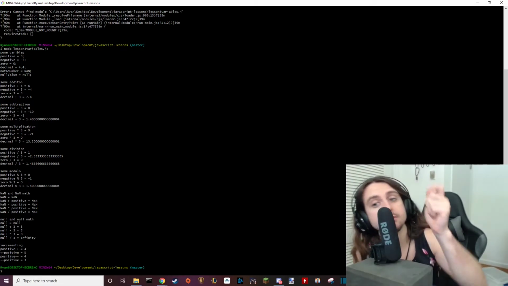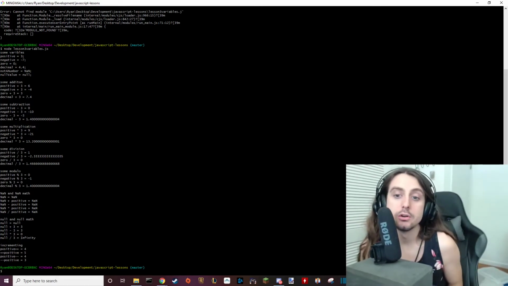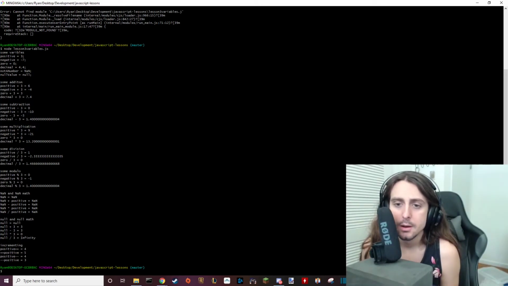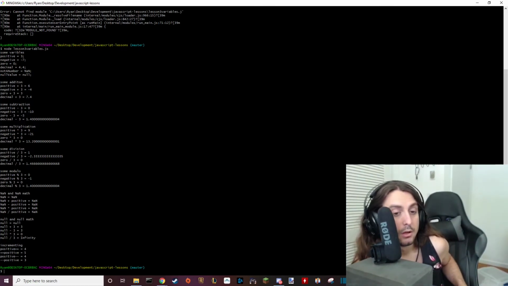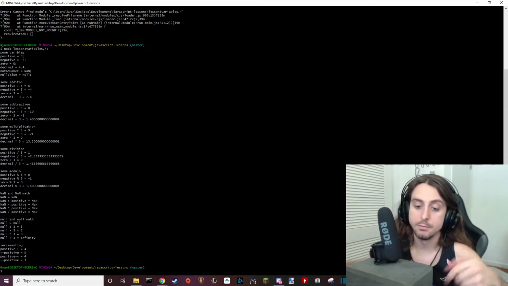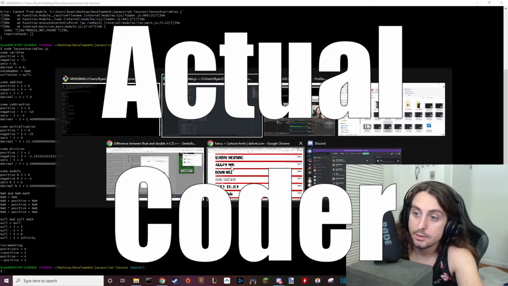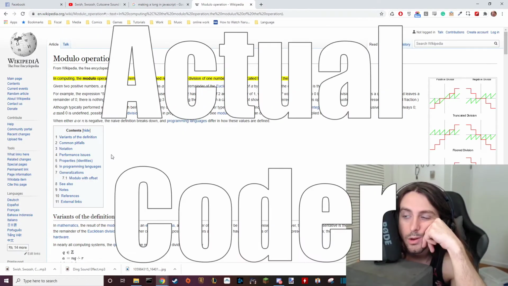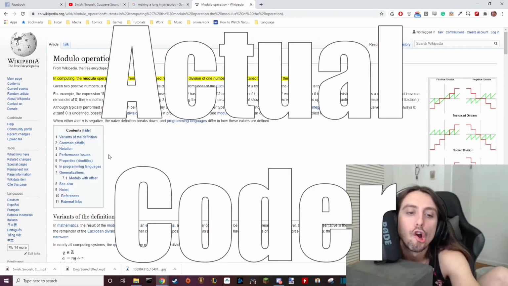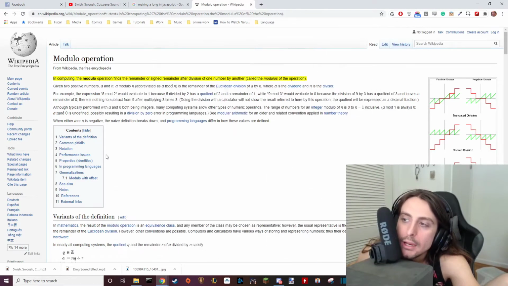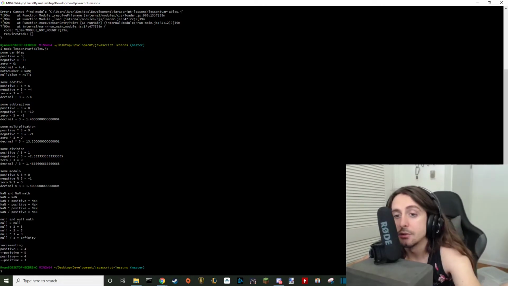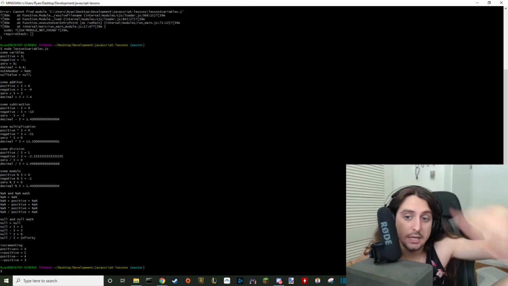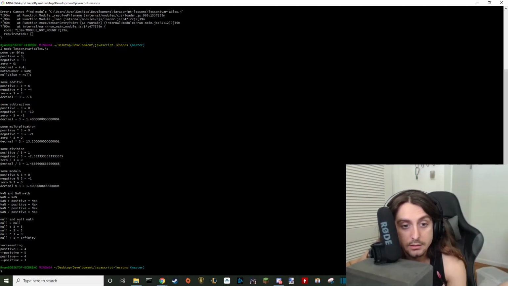Now, modulo is an interesting one because modulo is something you've probably never seen before, but let me explain how it works. I'm going to have to look up what modulo does because I already forgot. How does modulo work? It's the remainder. Gotcha. So modulo, something you've probably never seen before, all it does is calculate the remainder of positive divided by